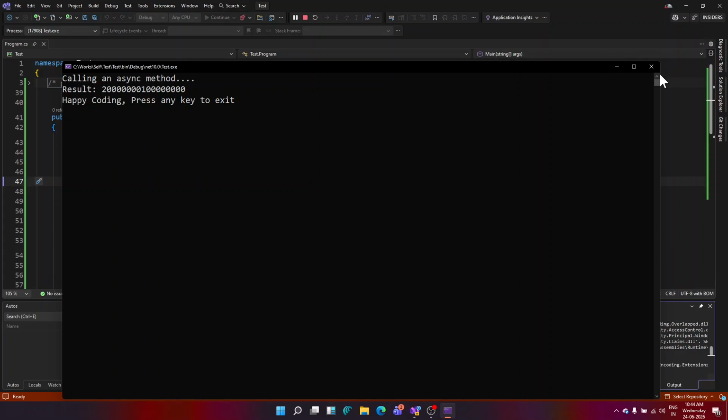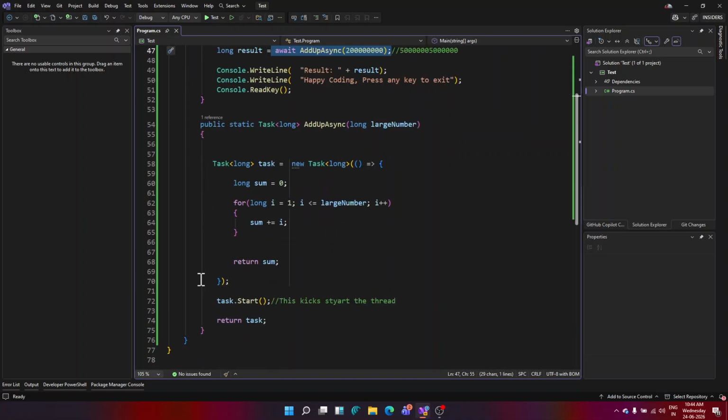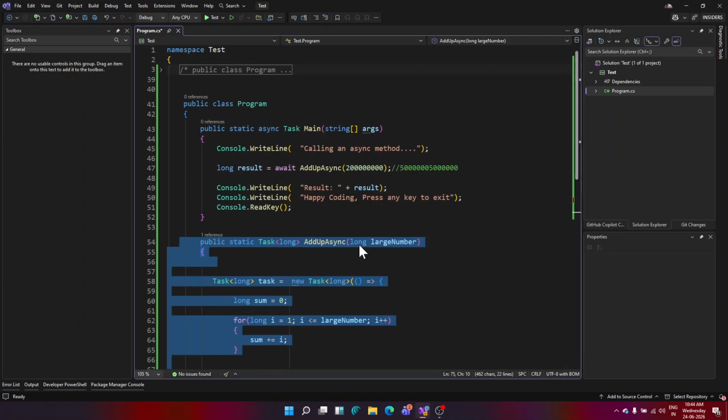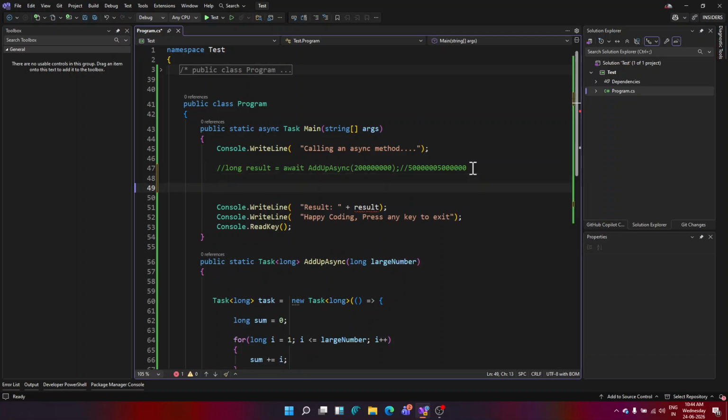So you call an async method, and then this particular code awaits on it. You can always await a task which has been started. Now what if this developer has not started it, has just returned the task, and this code is not available to you, but you still need to be awaiting on it? What do you do? You cannot directly do this here. Instead, what you can do is first take the task: Task<long> t equals to,